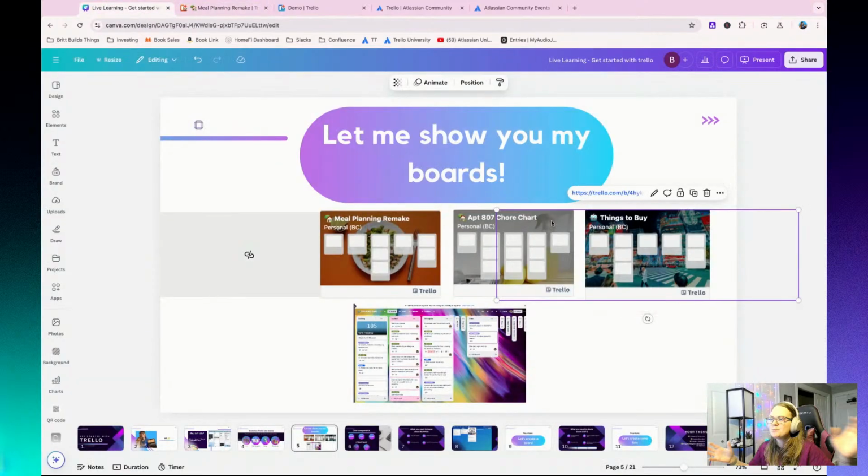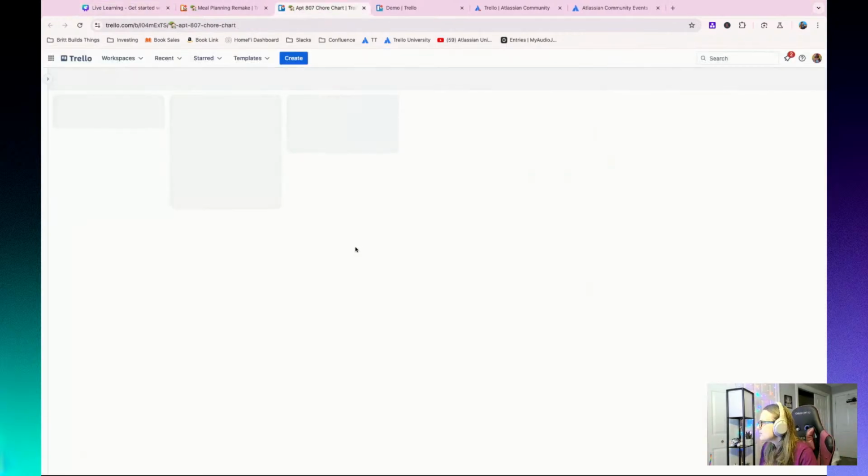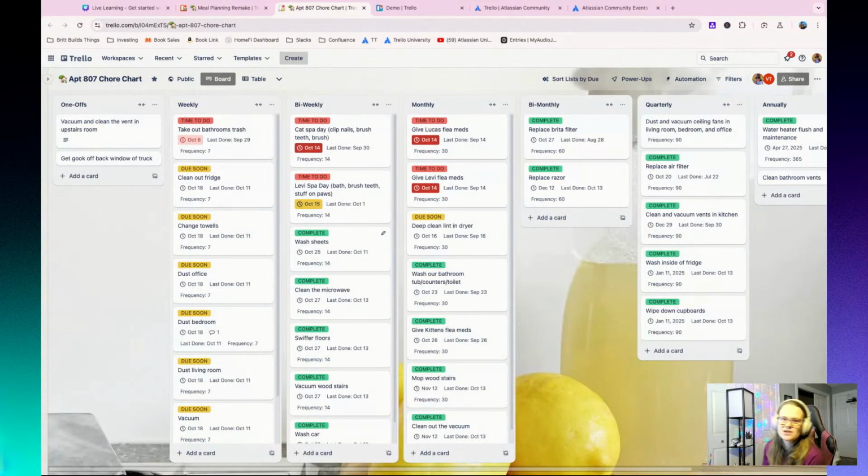So that's one board. I also like my chore chart board. This is another one I use around the home. And of course, I'm not belaboring too much about Trello for work, because I think we all understand, oh, at work, I might be planning an event or planning a project, and here's how I might use that. And so really trying to inspire some more personal productivity use cases here. So this is my chore chart.